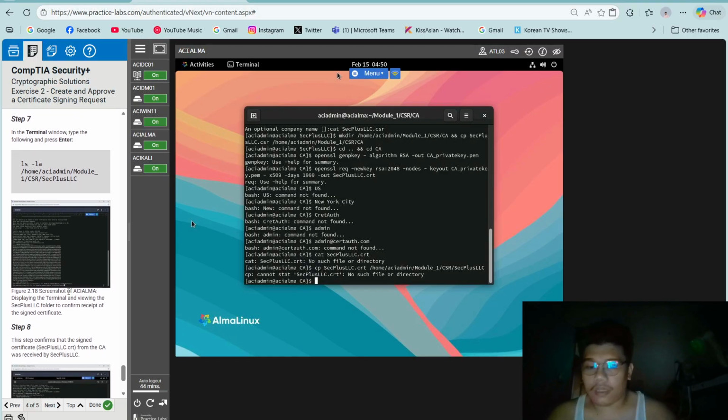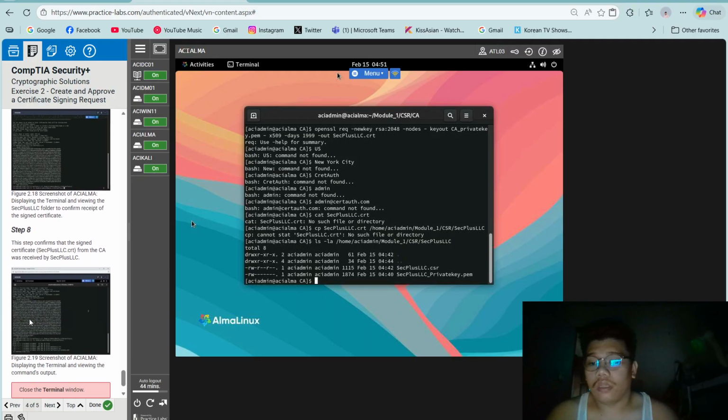So step 7, ls dash la home ACI admin slash module underscore 1 slash CSR slash sec plus LLC.